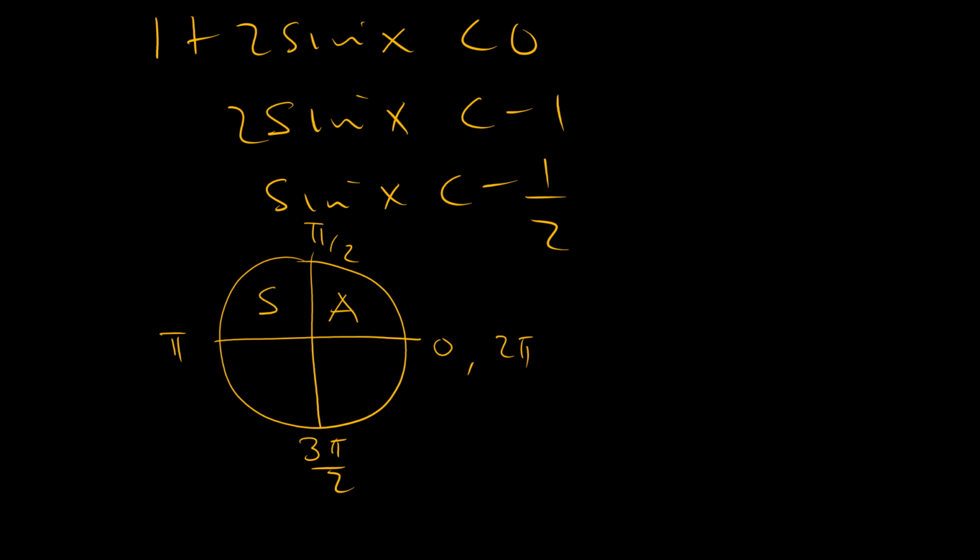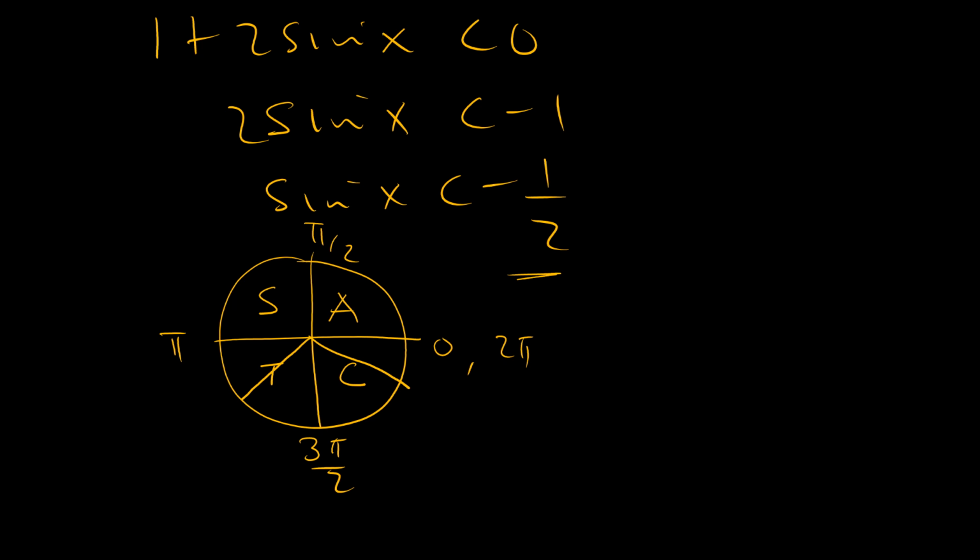In this domain, sine is positive, and here cosine is positive, and here tangent is positive. So sine is negative in these 2 quadrants. In other words, when sine is less than negative a half,